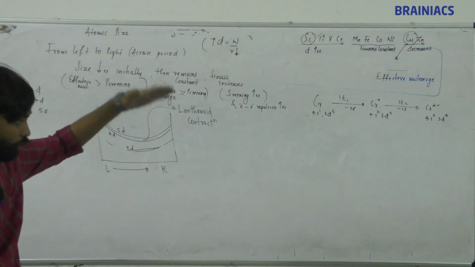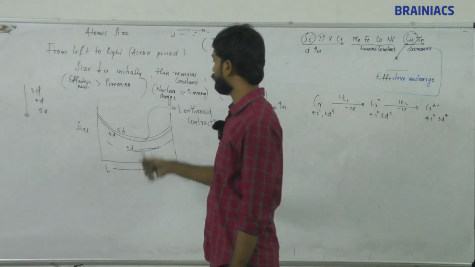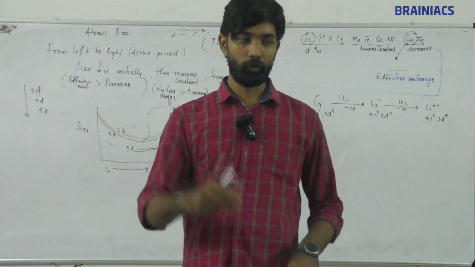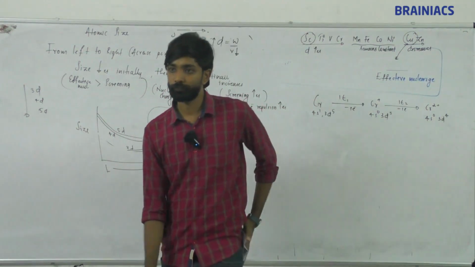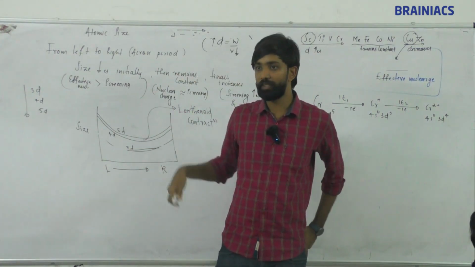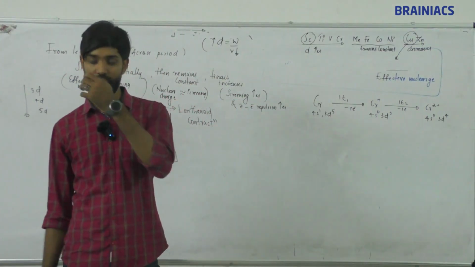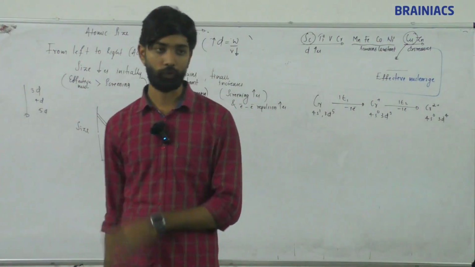Next, down the group. What about the density of 3d, 4d, 5d? Down the group, what happens to size? Size increases, automatically density decreases. So first point,